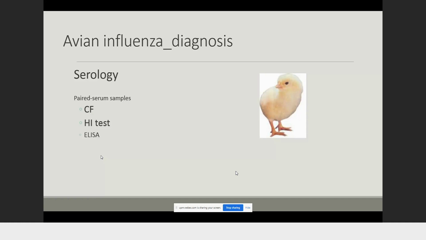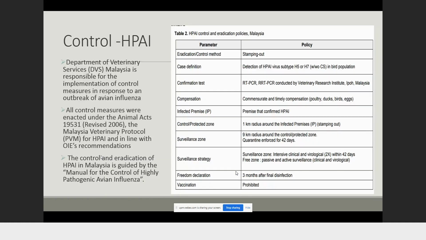So if you practice vaccination for avian influenza, you can do this test. But up to now, Malaysia did not practice vaccination for avian influenza, so none of the serological tests have been done to detect avian influenza, because we don't have the vaccine, so we don't need to test its efficacy. So basically, in Malaysia, the control of highly pathogenic avian influenza is being taken care of by DVS,